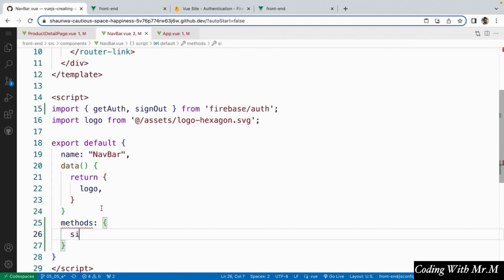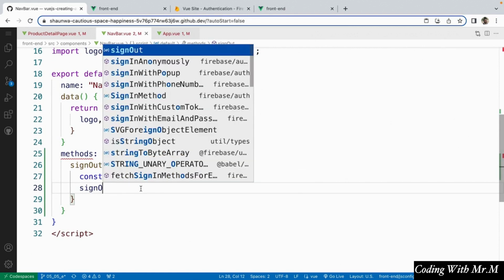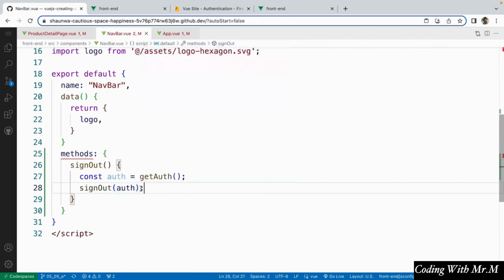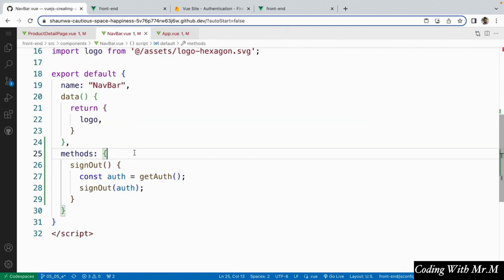And inside here all we're going to have to do is say const auth equals getAuth, and then we'll say signOut auth. So that's going to call Firebase's signOut method there and log the user out. And all that does is it deletes some data that's stored on the user's browser behind the scenes. So anyway, now that we've done that, let's just add a button to our nav bar that will allow the